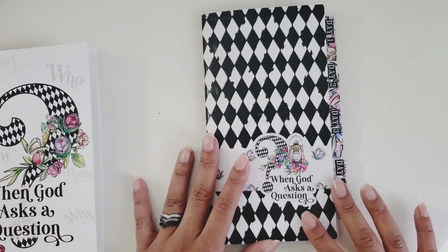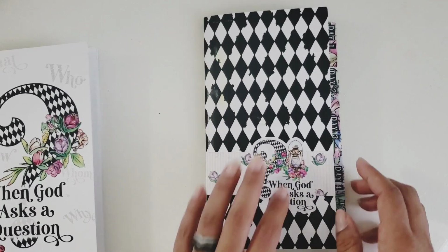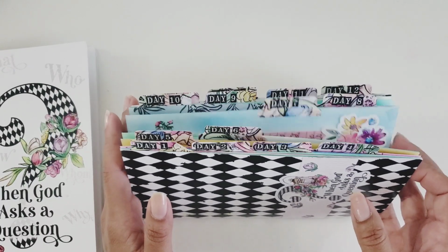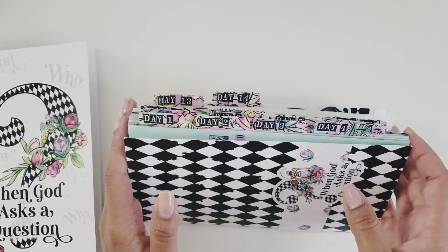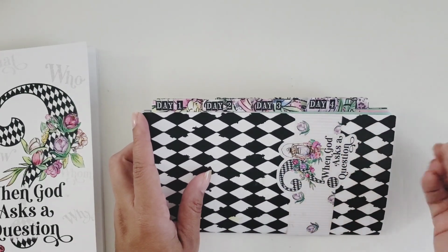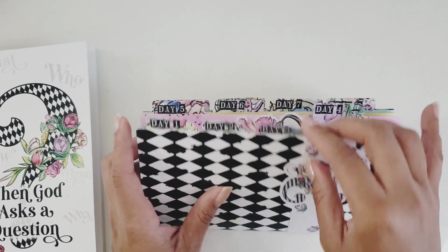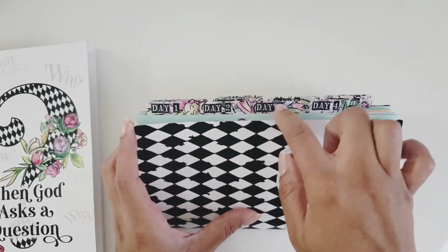So I embellished it a little bit. I used a little bit of the pattern paper, and here I used the kit sticker. And if you can see, I have the tabs. All of these are tabbed from the pattern paper pack that is coordinating as well, and you can get. Tom has been so nice enough to do pattern paper with the last couple of kits, and so I just used my We R Memory Keepers tab punch to punch out these tabs,